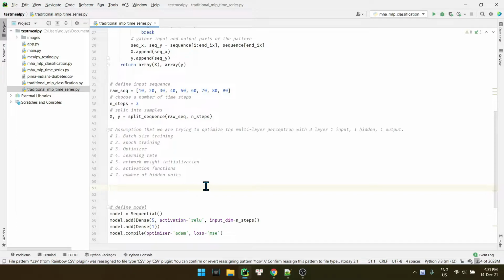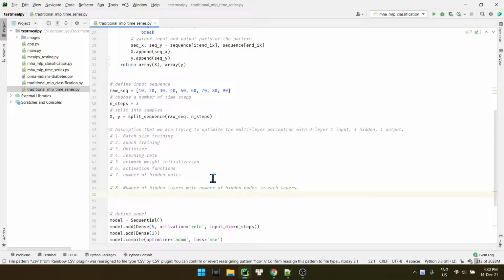If you guys want to optimize the number of hidden layers, and also the number of hidden nodes in each layer, that is a difficult task.